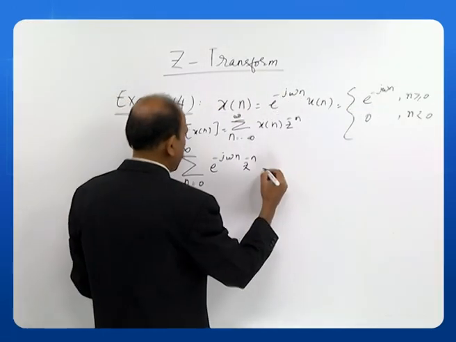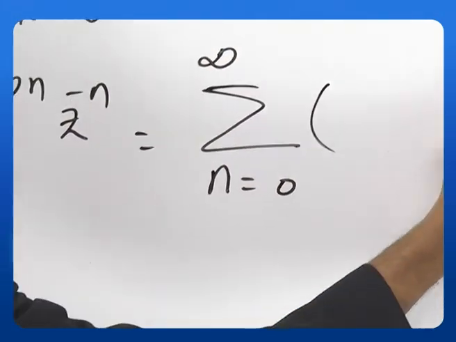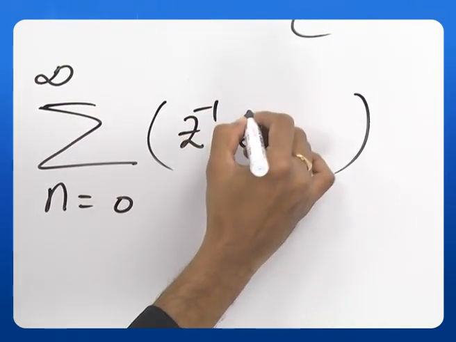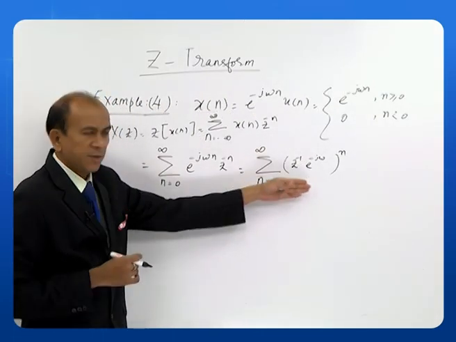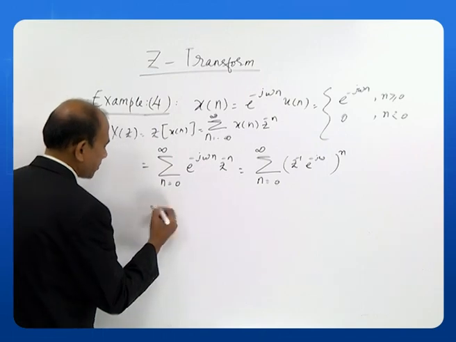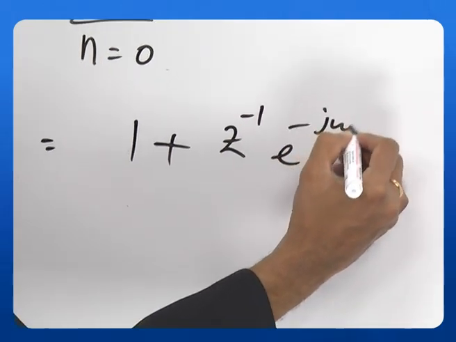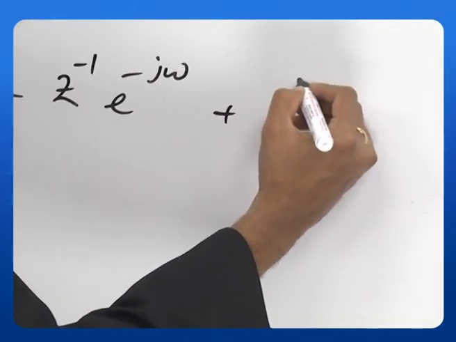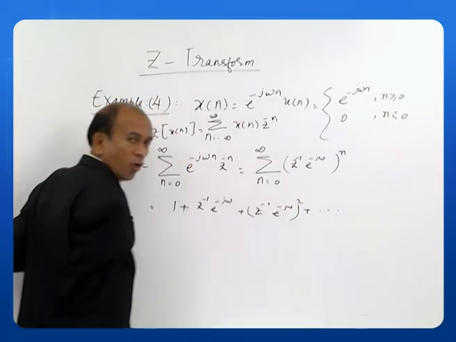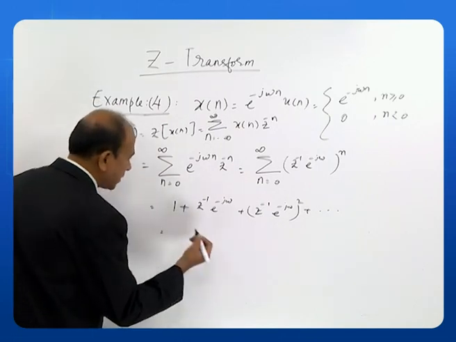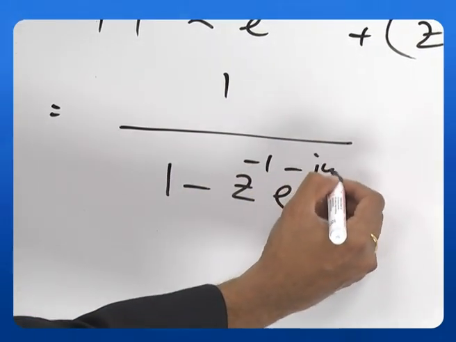Okay. So, this I can write as summation n is equal to 0 to infinity, z to the power of minus n e to the power of minus j omega n. We have just taken n common here. So, what is this value? If I expand this, it will be 1 plus z to the power of minus 1 e to the power of minus j omega plus z to the power of minus 1 e to the power of minus j omega whole square plus so on. So, expanding this power series, I will get this as equal to 1 by 1 minus z to the power of minus 1 e to the power of minus j omega,